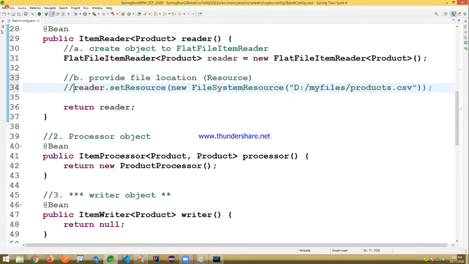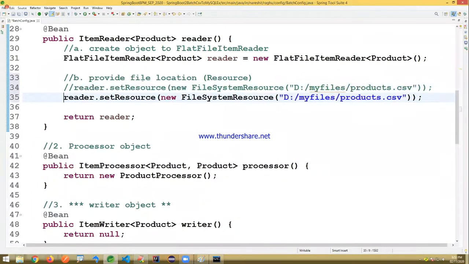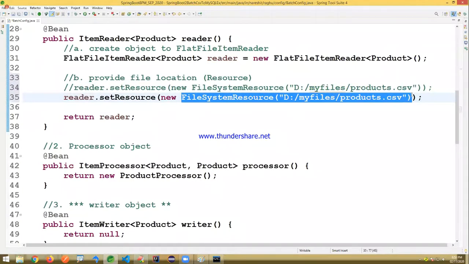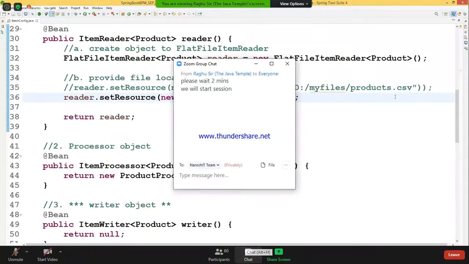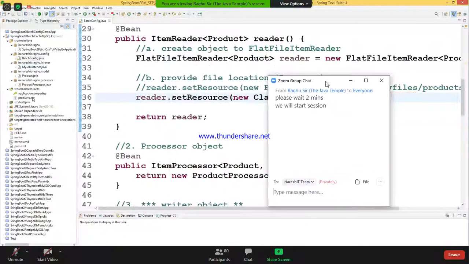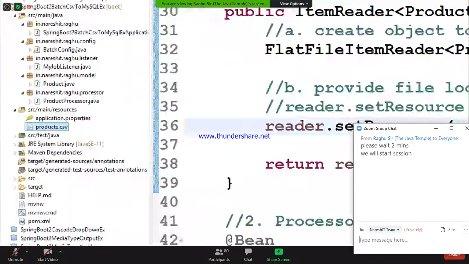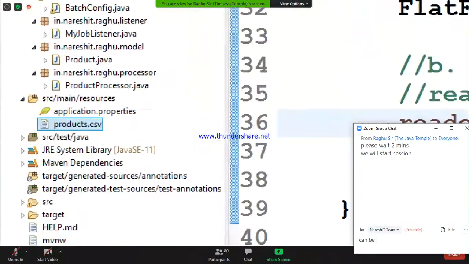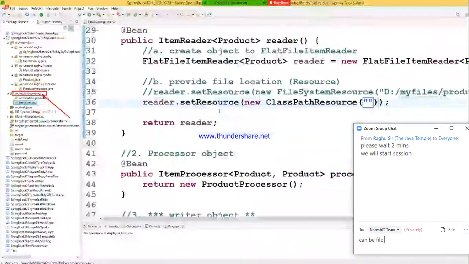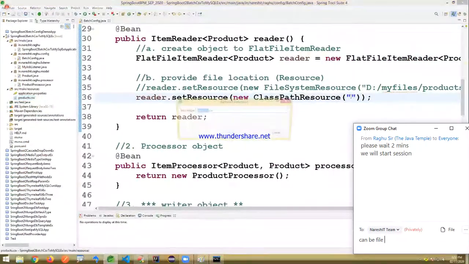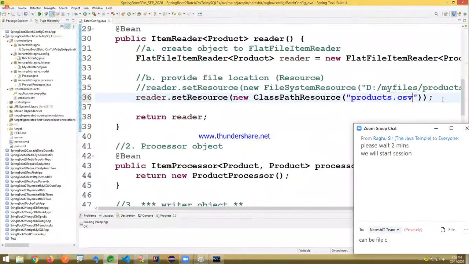Okay, but I'm just taking inside the class path resource. So here, instead of this one, there I'm taking it's actually class path resource. There I'm writing it's actually file name, I think same products dot CSV. Look at the file name under SRC main resource means class path resource folder actually here. It's a product.csv. Okay, you can take here.